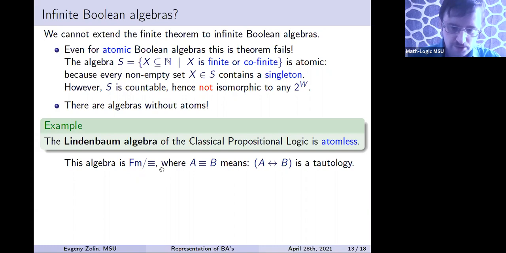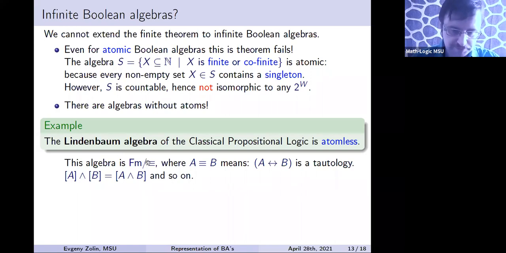Then on these classes, we introduce the operations and, or, not. For example, and. If we have two equivalence classes, then the operation and takes the formula A and B and considers its class. We already considered this algebra. So this operation is well defined, and it satisfies all the axioms of Boolean algebras, and therefore we obtain a